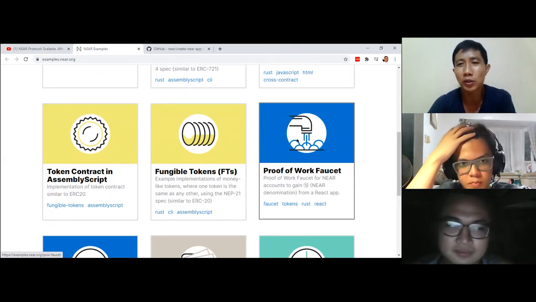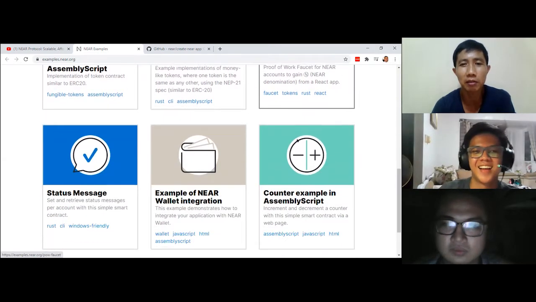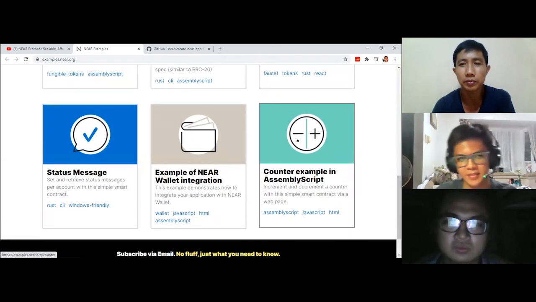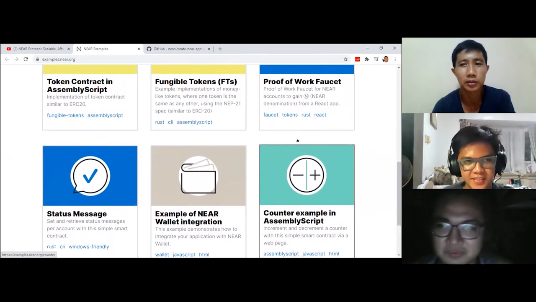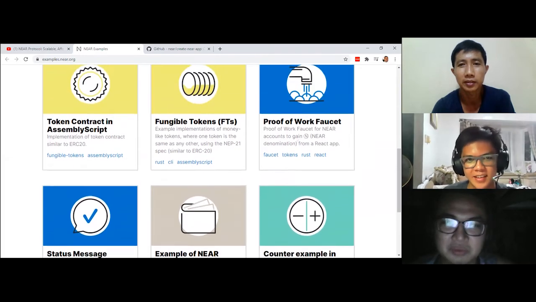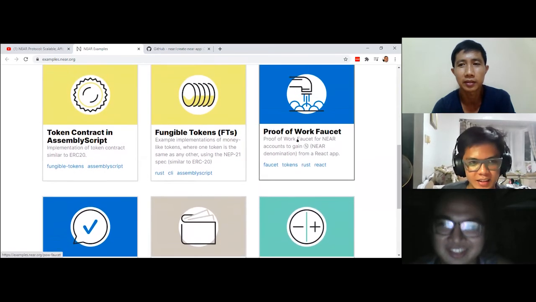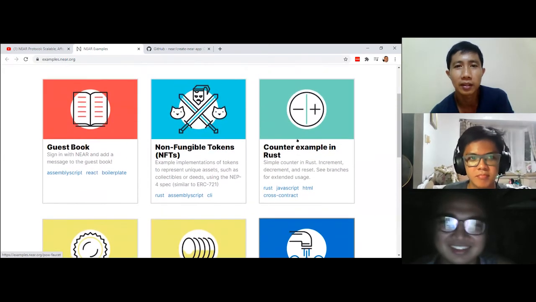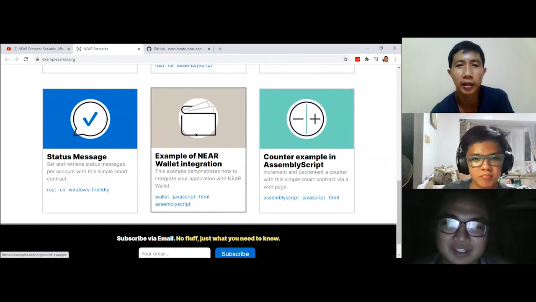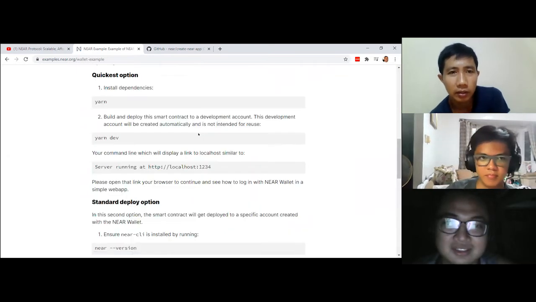What would you like to open, guys? Anything that fancies you? Rich? Anong choice mo dito? Maybe I will create a non-fungible or my own wallet na lang. Your own wallet? Yes. Okay. Example wallet.